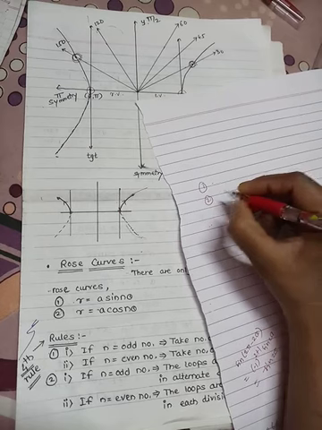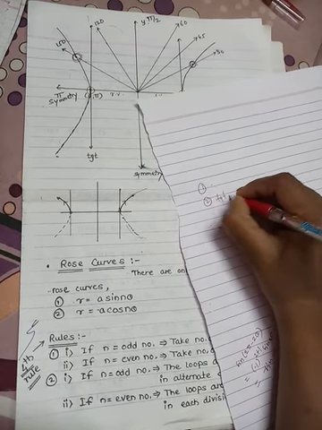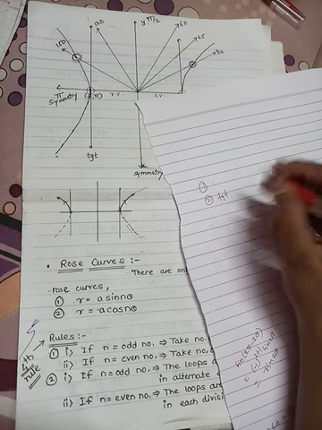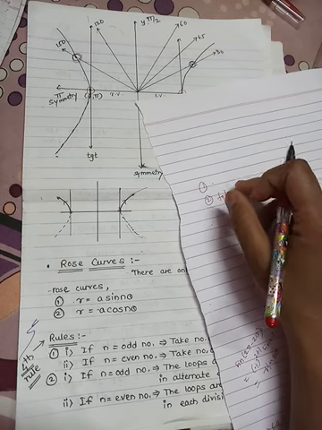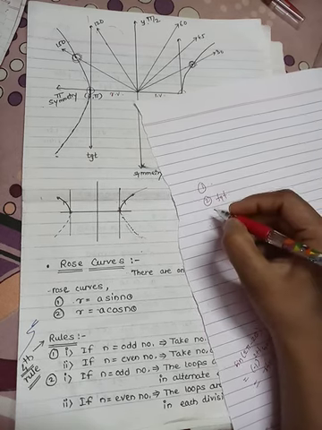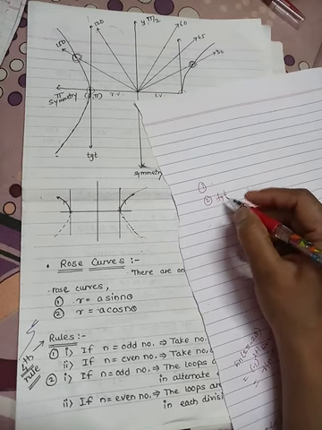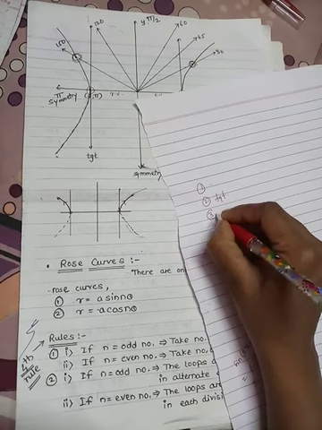Second is tangent through the pole: whether the given curve is passing through the pole, meaning the origin point, or not. From that condition we get the equation of the tangent passing through the pole. Third condition is